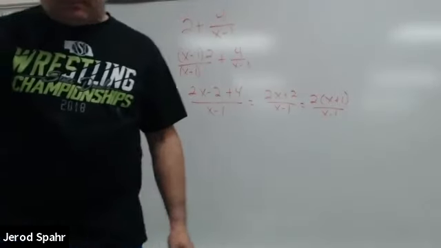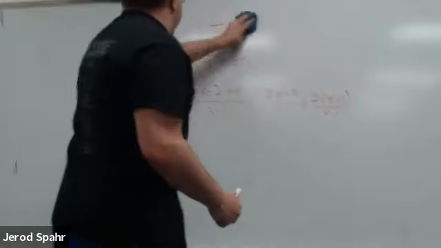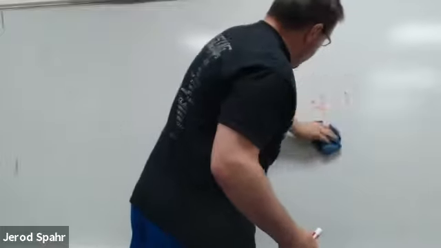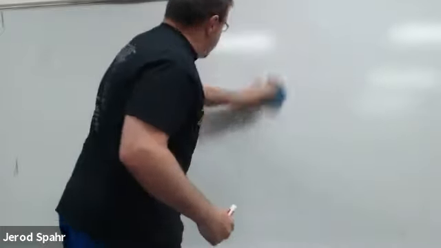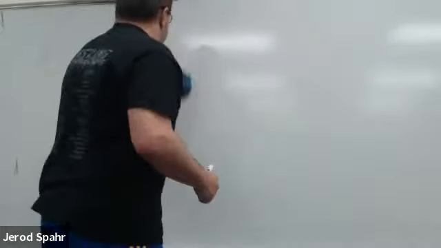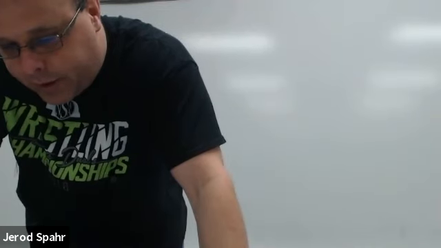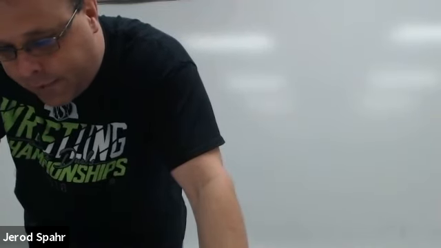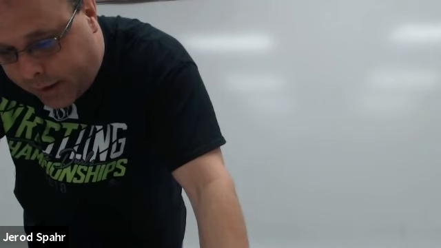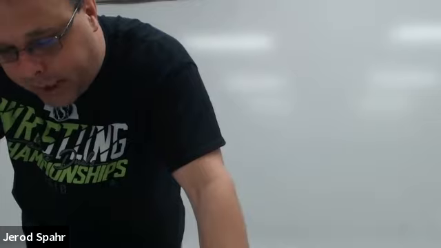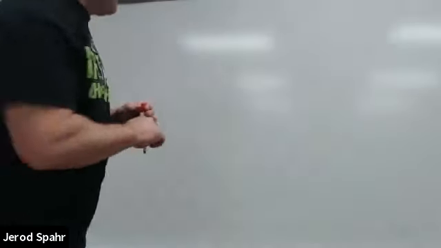Okay. Look at example number 2. Red marker does not like to erase. Okay, example number 2. Real world example. Refer to the application at the beginning of the lesson. Find the average speed of the top fuel dragster in miles per minute. Okay. Top fuel dragster is a 1/4 mile